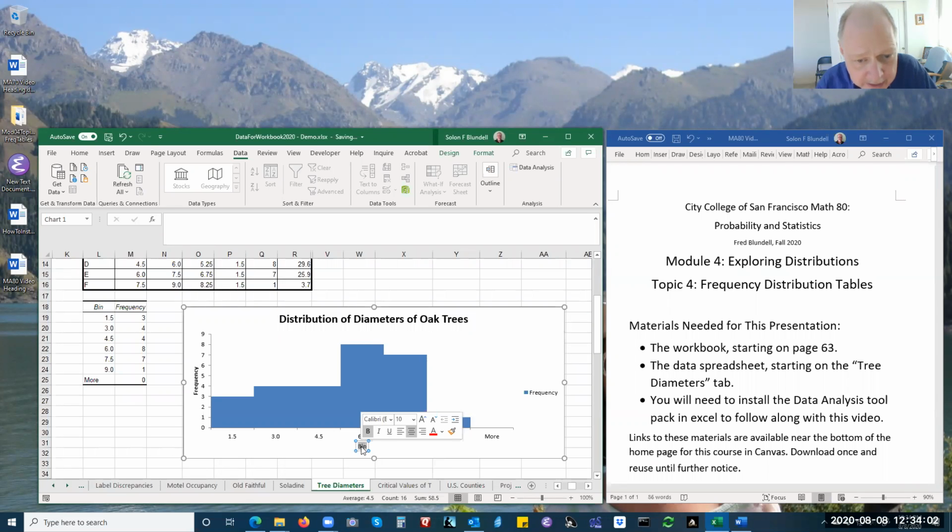And the x-axis label, that's the name of the variable, diameter, and the units of measurement in parentheses. And then the y-axis really is frequency. It's how many trees. The units of measurement are missing, individuals or trees,